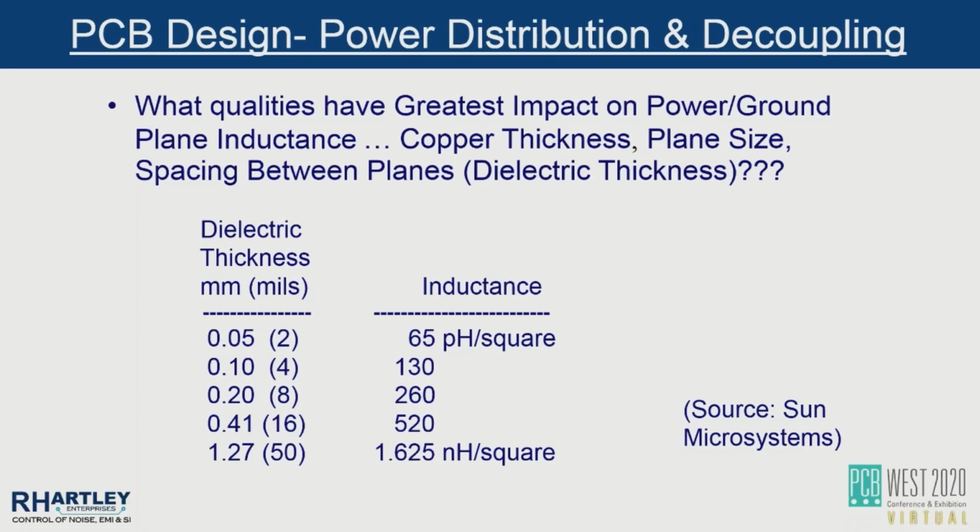In other words, whether it's a square inch or a square millimeter, planes at 2 mils separation have about 65 picohenries of inductance. And it isn't just true of square planes. If you have a circular area that's very small, it will have a fixed inductance. If you keep a circular area but make it 100 times larger, where it has a several inch or many millimeter diameter, then it'll still have the same inductance as it did as a small circle. A constant shape, when it